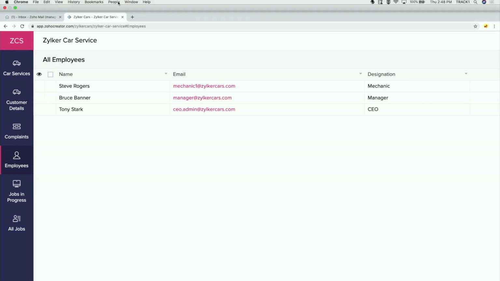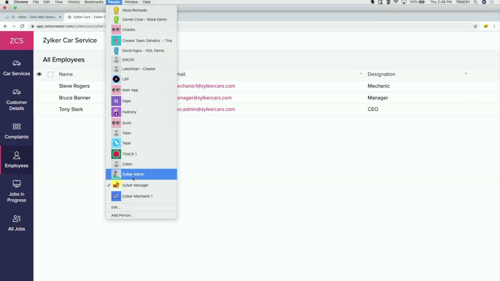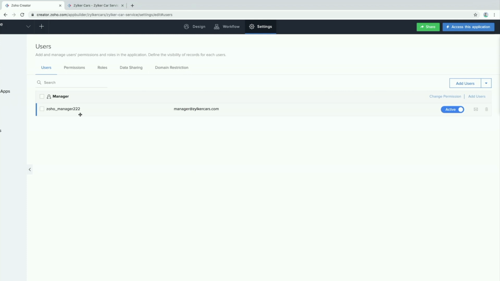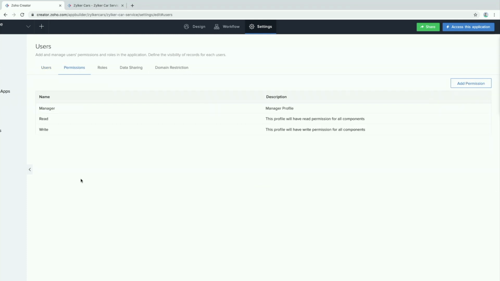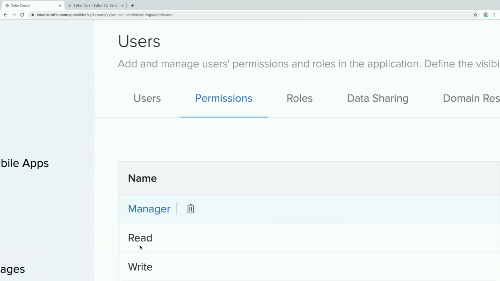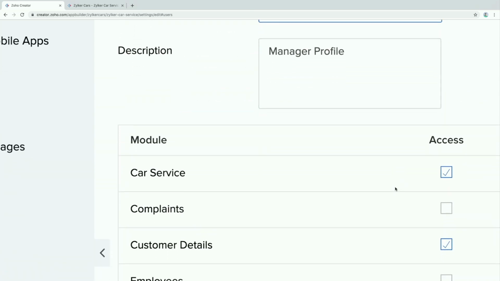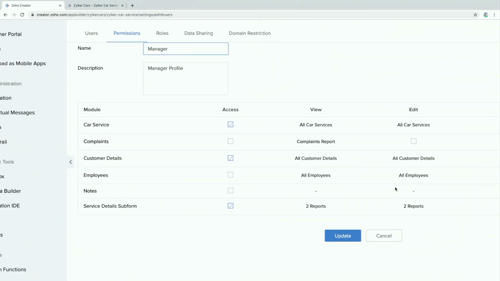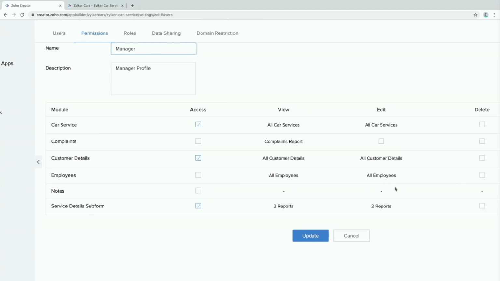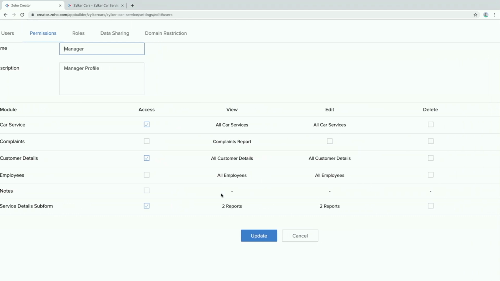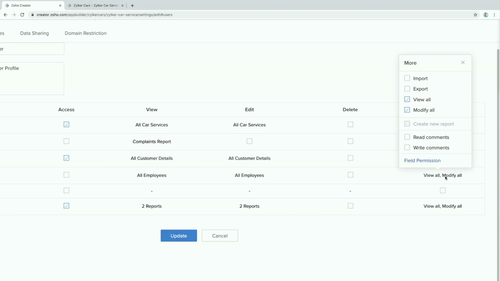Let's check that out. I'm again going to the administrator screen. Permissions, manager, and this is with the employees module. Towards employee, I can click on the more option, and in here I have something called field permission.